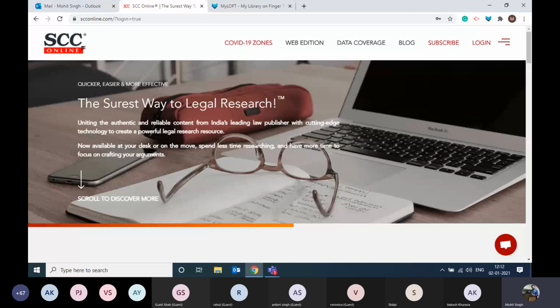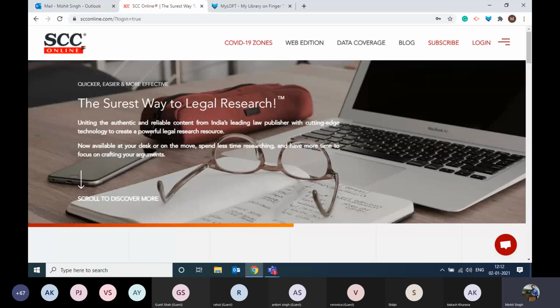Now, we all know that we are working from home. We are also studying from home as well. So, in order to access this particular software, we have a different kind of a method through which you will be able to access it. उस method का नाम है that is called MyLoft, M-Y-L-O-F-T. MyLoft is a kind of a software through which you will be able to reach this particular website, and therefore you will be able to log in to this particular software.